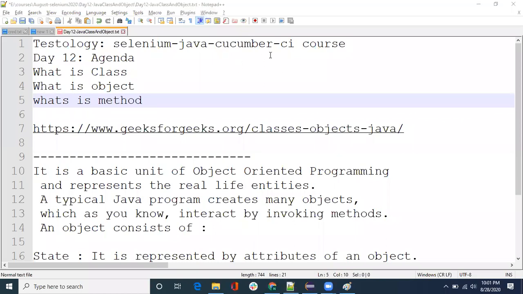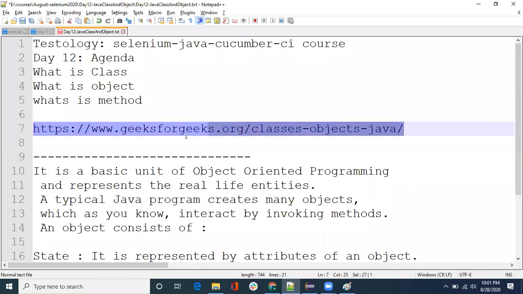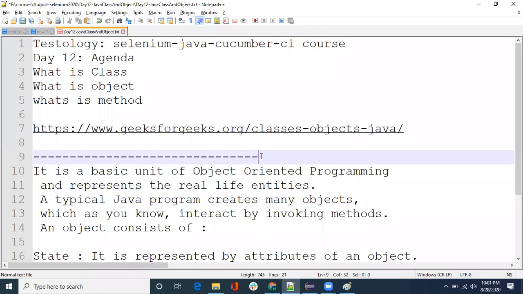And this is a good website where you can understand theoretically and practically about classes and objects, but we are going to see it in a practical way also. Okay,